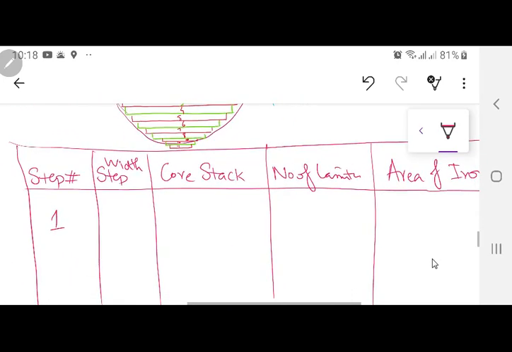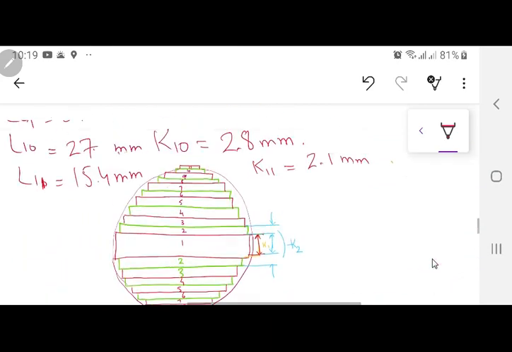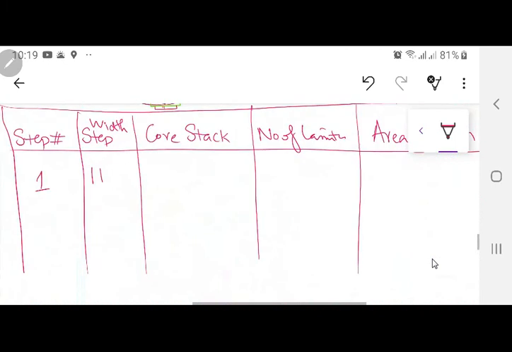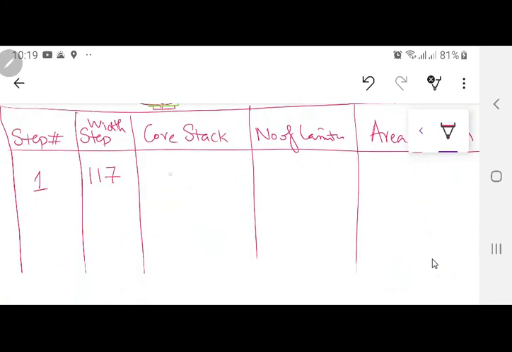Listen to this carefully. Width step over here is what? This is that width over here that we have already found out as length over here. So over here the first one is equal to 116, I guess 117. What did we take for the first? So the first one is 117. This is equal to 117. What is the width of that first step?